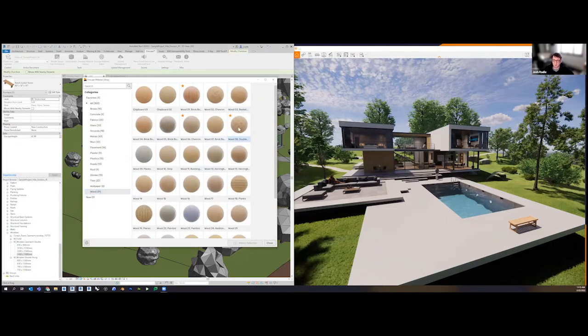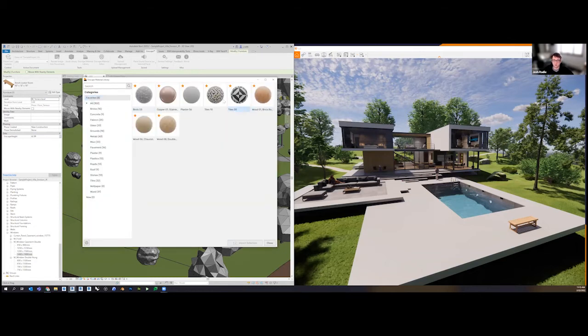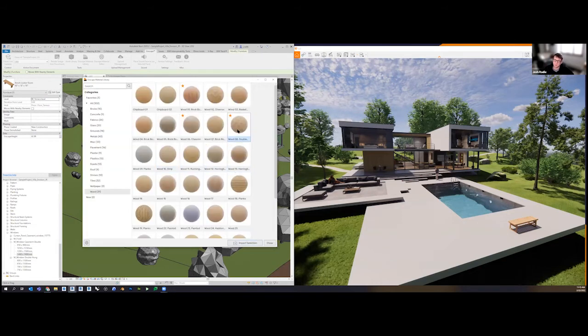And let's say I'm going to use this wood double basket. And notice I have a couple stars. This is where you can favorite different materials as well. So then if you have your favorites, if you toggle your favorite section, you'll see all these materials that I favorited. So all you got to do is click the one that you want, and then you got to